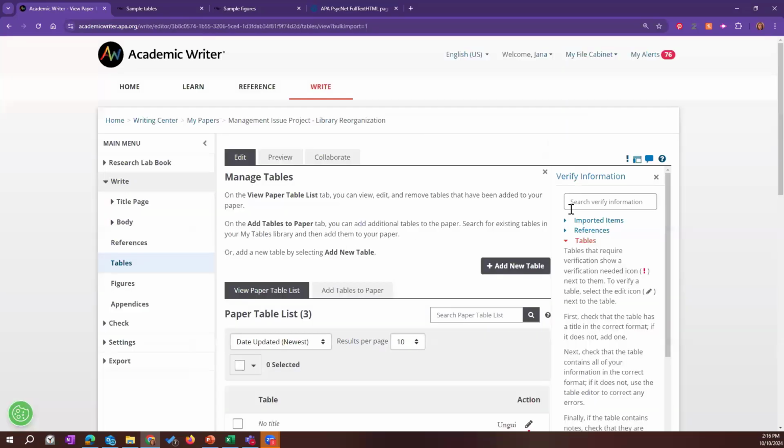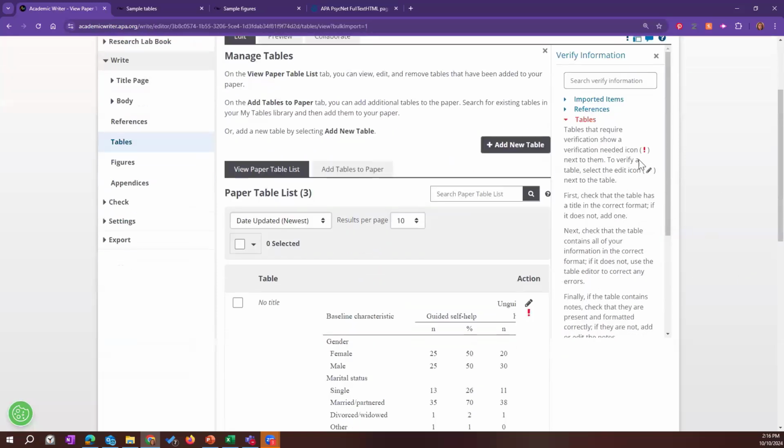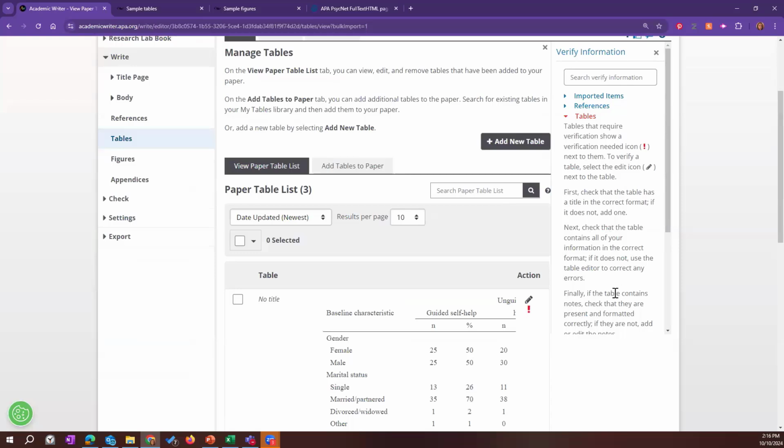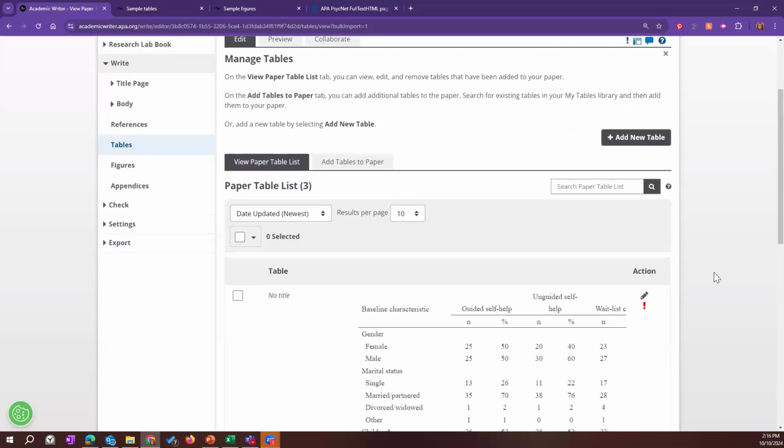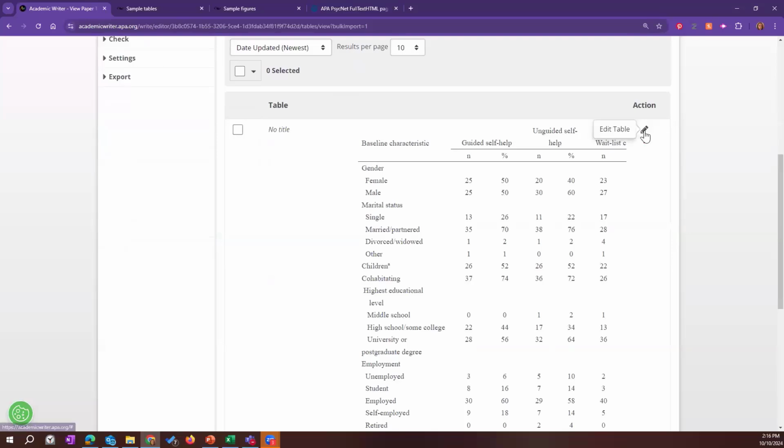So now that it's in my paper table list, oh, this is great. This immediately opens up to remind me that there is going to be content that is not going to follow that import. So I'm literally only importing the table itself. I'm not bringing in any additional information like the title or any notes, etc. So it's immediately telling me, look for that exclamation point and verify your information. So when I click on this,